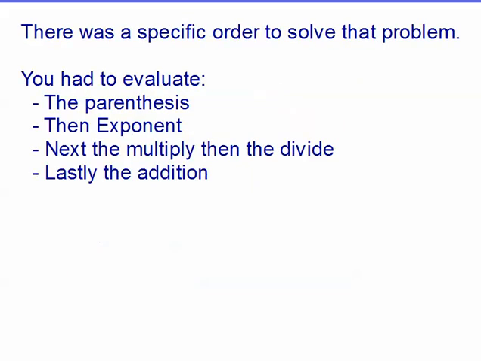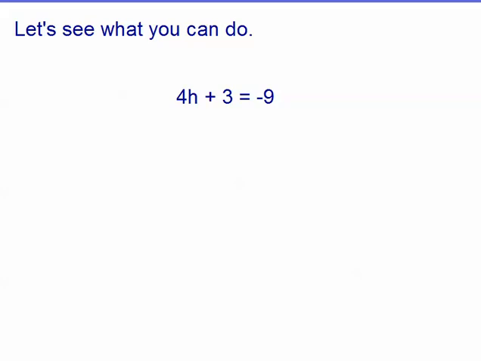Okay? So there was a specific order to solve that problem. You had to first evaluate the parentheses, then the exponent, next the multiply and divide, and then lastly the addition. So when you see a problem like this, what we're going to do is reverse the order of operations. We're just going to turn it upside down. We're going to work it backwards until we get to this particular variable that we're looking for. So the first thing that we're going to do